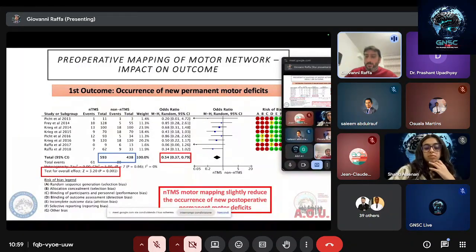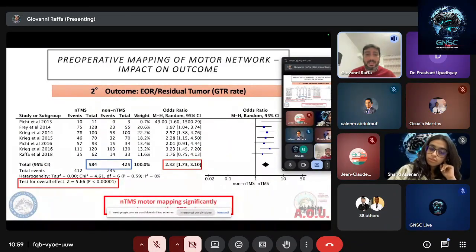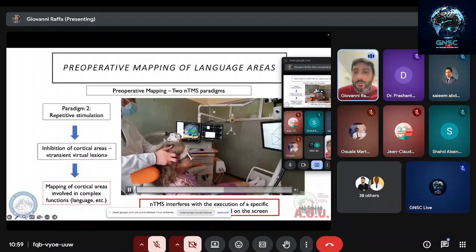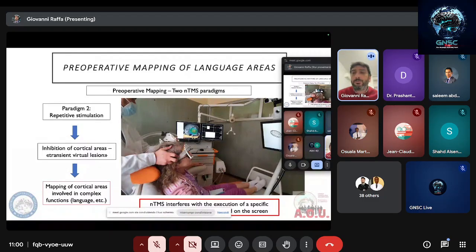Of course, we use intraoperative mapping and monitoring, but if we add NTMS preoperative mapping and planning, we can reduce the occurrence of postoperative motor deficits and even increase the extent of resection because we are more confident when we enter. The second paradigm that we can use is the repetitive stimulation, in which we perform a stimulation consisting in